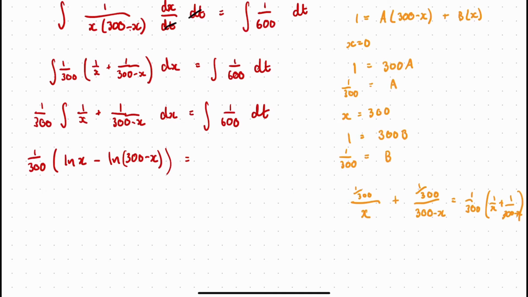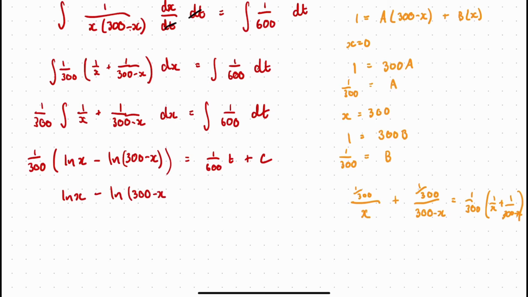But the integral of 1 over 600 with respect to t is just 1 over 600 t plus c. Never forget your plus c. Always remember plus c. Tidying up to do. I'm going to get rid of this by timesing through by 300. I want to get rid of that 1 over 300 in front of this log x situation, so I'm going to get log x minus log